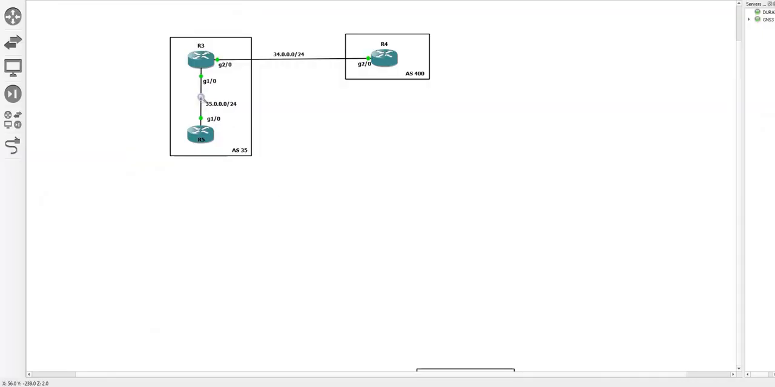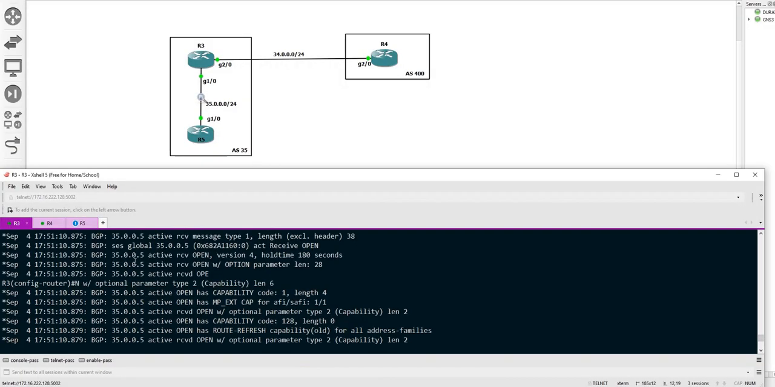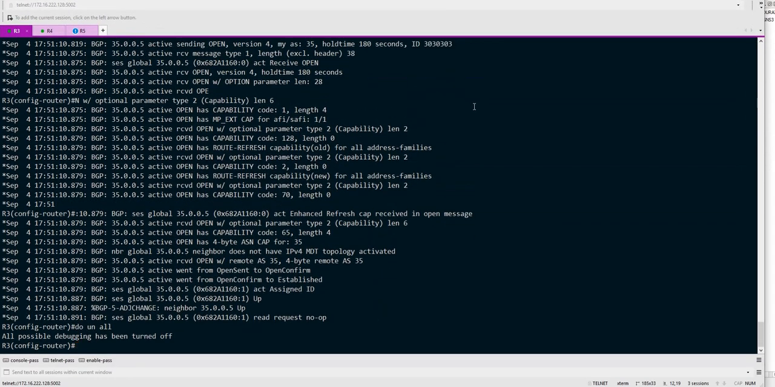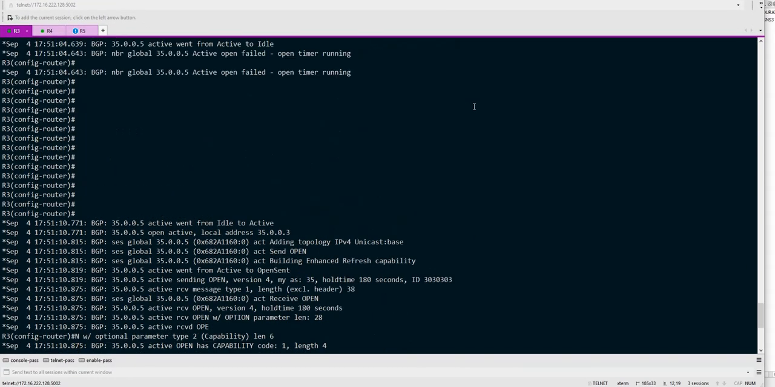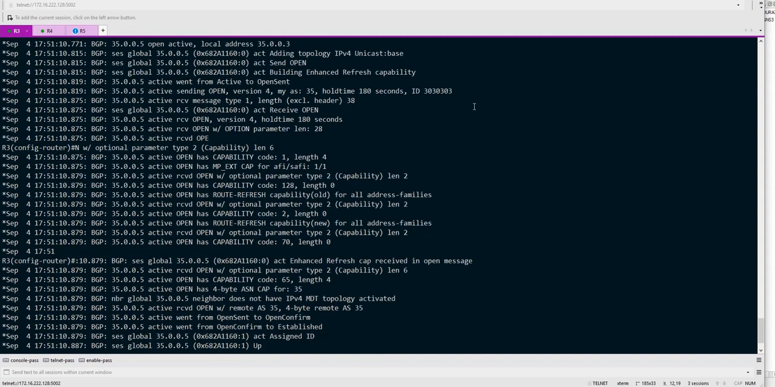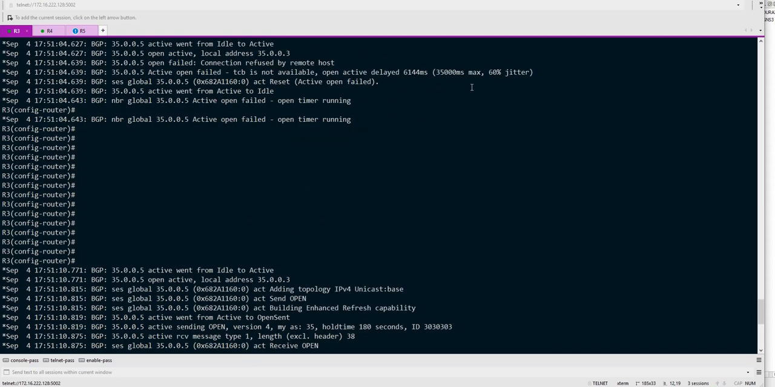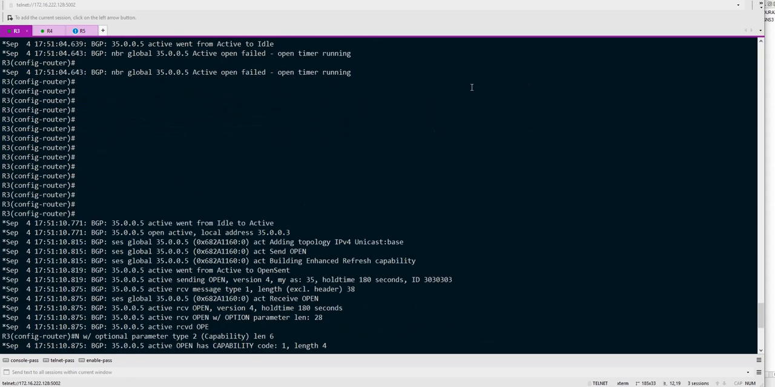So let's get into the CLI and see what exactly is here. We didn't see any kind of neighbor states in the Wireshark. We have only seen BGP messages, right? So here, the interesting part is,